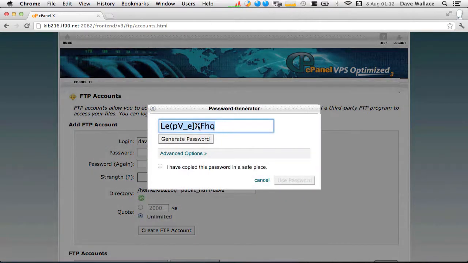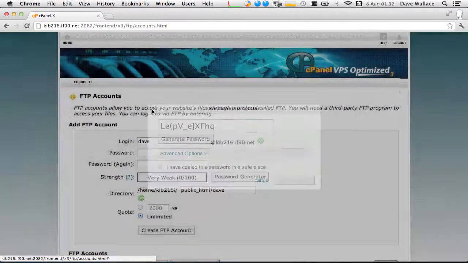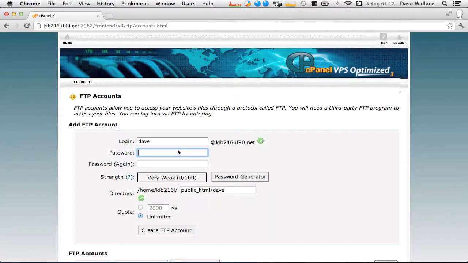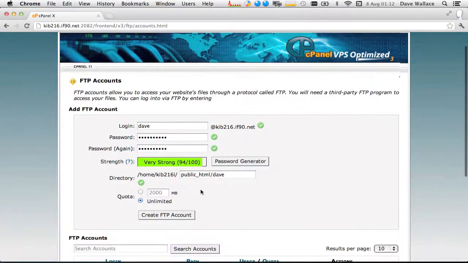cPanel has a password generator which generates very secure passwords for you, so you can use that if you want. Upside to that is security, but the obvious downside is that that's not particularly easy to remember off the top of your head. So I generally use my own, but as long as it's something fairly secure, you should be okay. Okay, so this here tells you how strong it thinks your password is. Put that in again, and the other thing that you can do is set up what the default